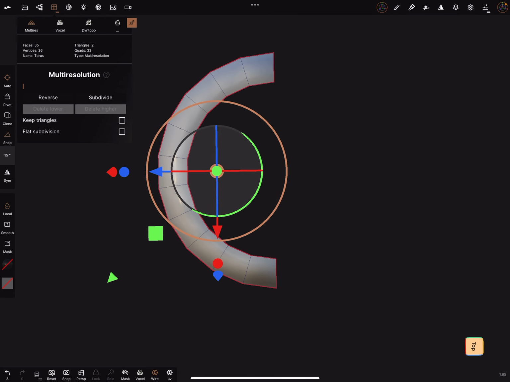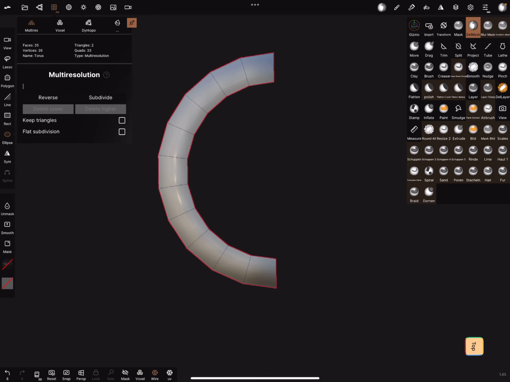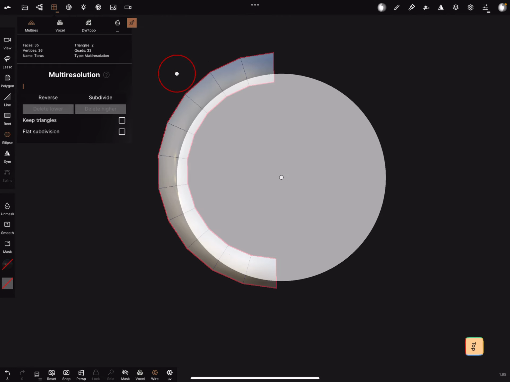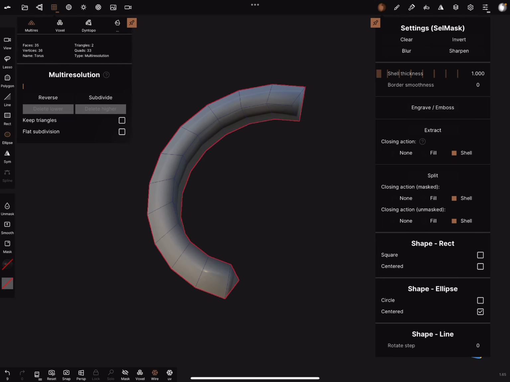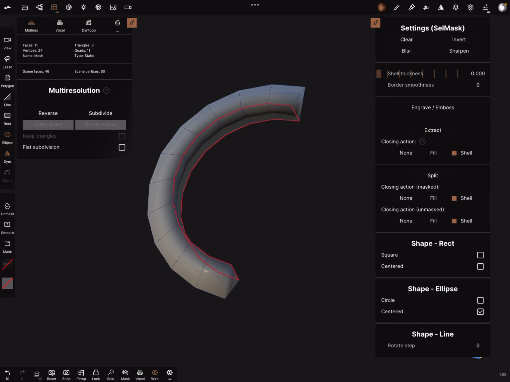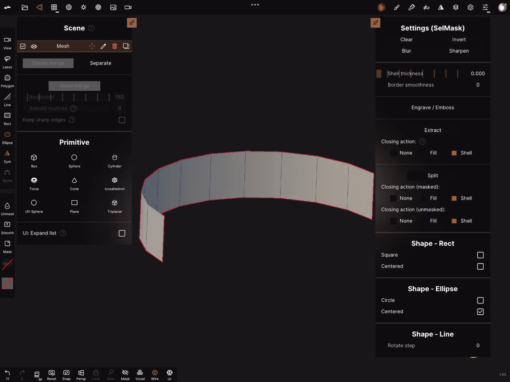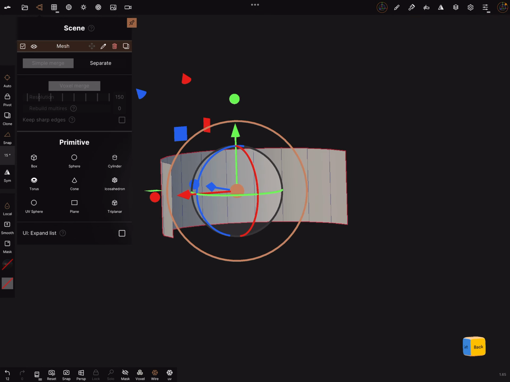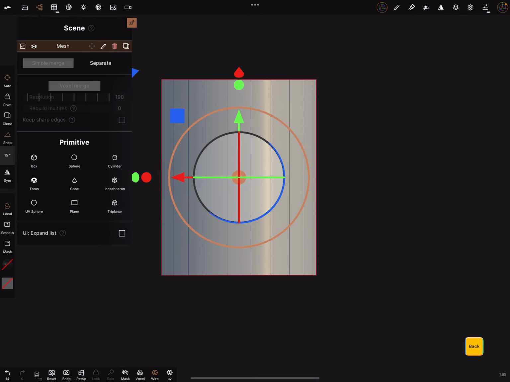Top view, and then we need the cell mask, ellipse, and extracted shell 0, and we need only this part. We can scale it a little bit, and now